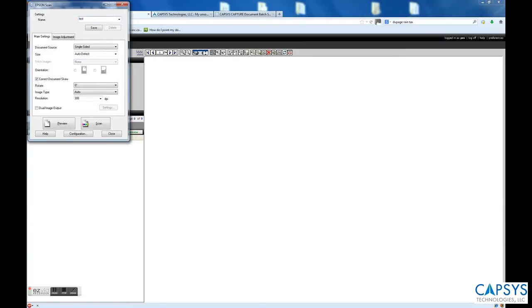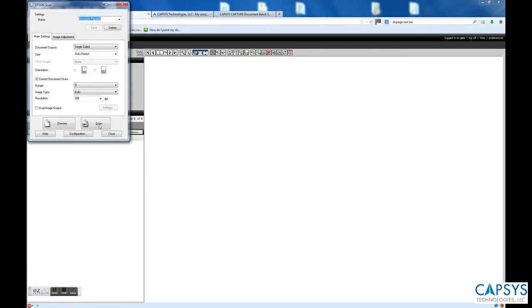Once I have all my settings set, I can save those to a profile and then later recall that profile. So for example, accounts payable is a profile. Save that. When I scan AP documents, it'll pull up those settings. If I want to have HR type settings, and when I scan HR documents, I'll choose that profile. This just makes it really convenient, so I don't have to go back and click all the different options each time